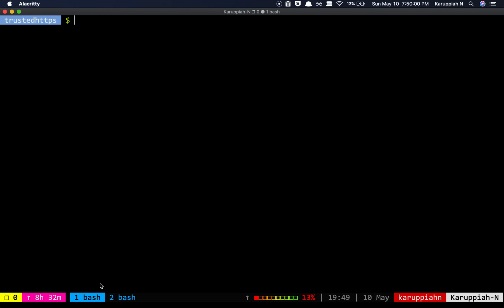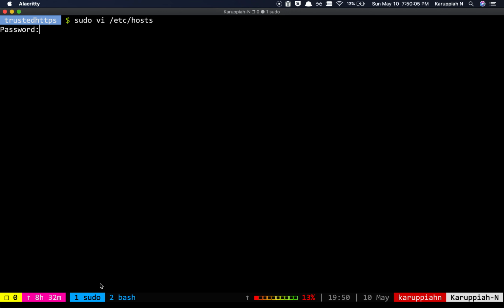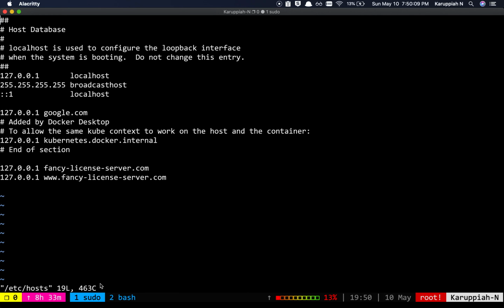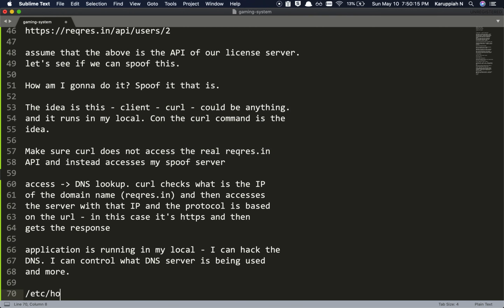So let's clearly see what that means. I'm going to get into my etc hosts file. The etc hosts file is your local DNS lookup, which is the first place where everyone looks up